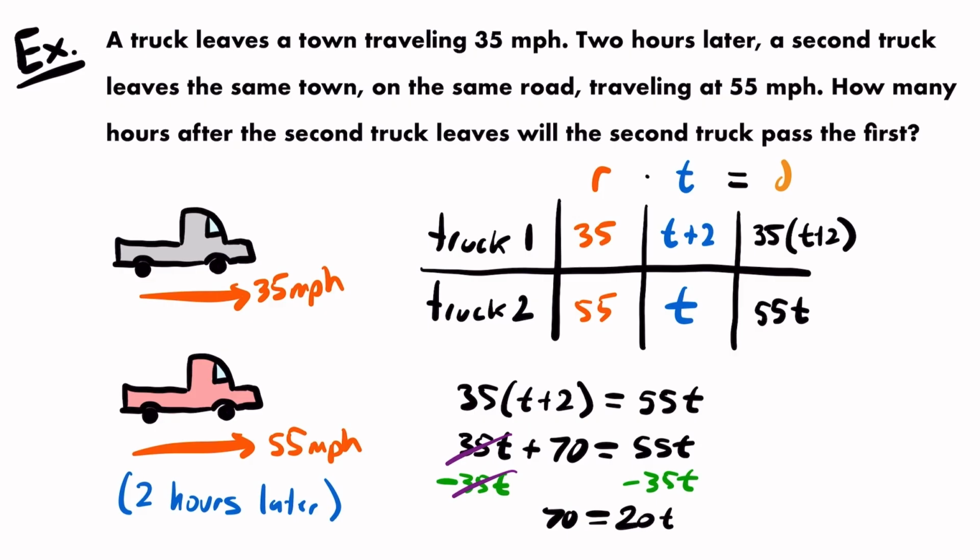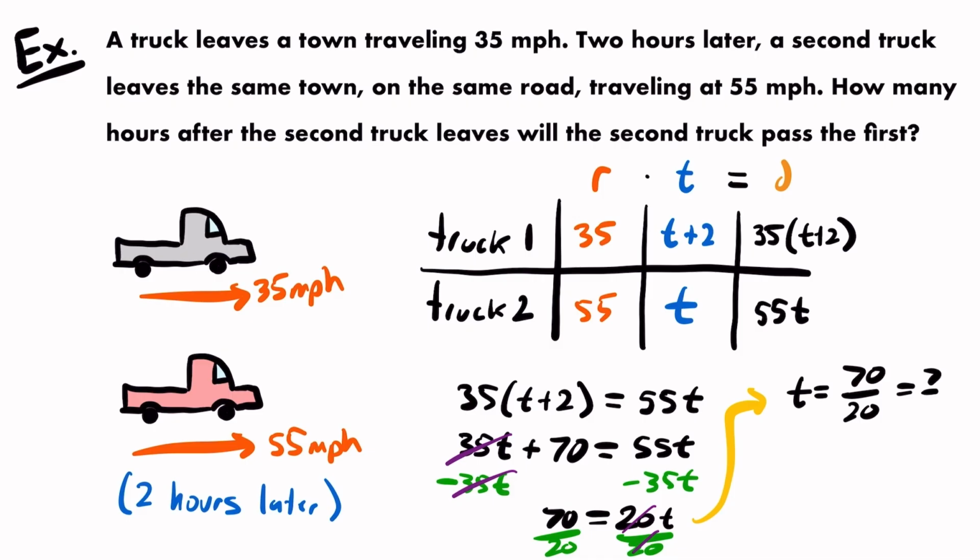All right, and then we can solve for t by dividing both sides by 20. We can get rid of that coefficient of t, which will isolate it, and then we'll know what that value of t is. So continuing our work over here, remember that we're dividing both sides by 20, which will give us that t is equal to 70 divided by 20, right? These 20s will cancel out, so you'll just have t, and t will be equal to 70 divided by 20,